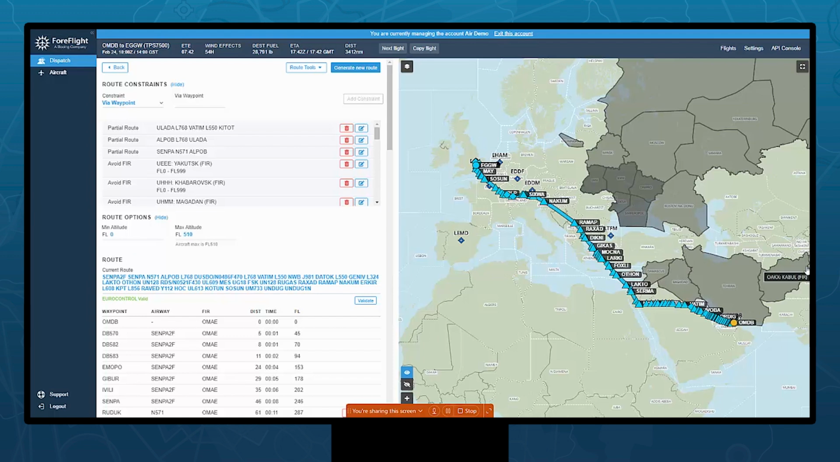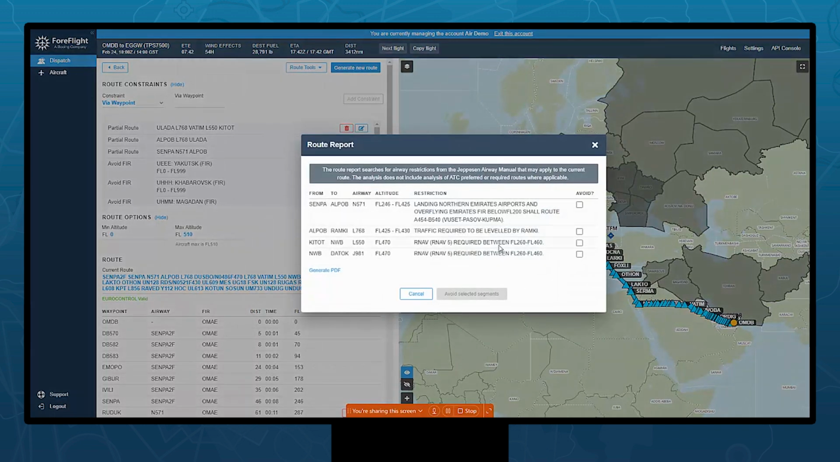Okay, so the system has prepared a valid route, so we can try and check the available route reports to make sure there's no restrictions for the particular airways we will be using. ForeFlight is very good and kind to let us generate this report of all airspace and airway restrictions from here. And once reviewed, we can either avoid the specific NOTAM-based restrictions or accept it as fulfilled, and then simply go